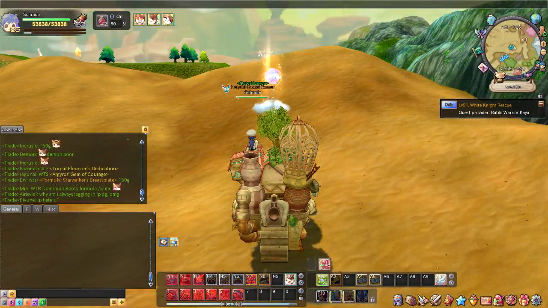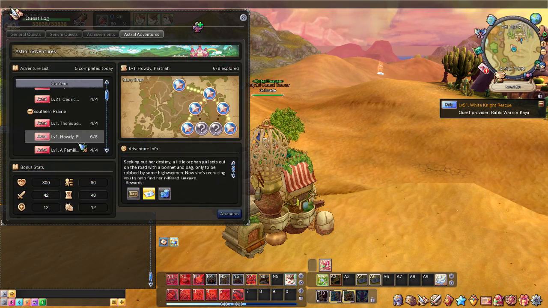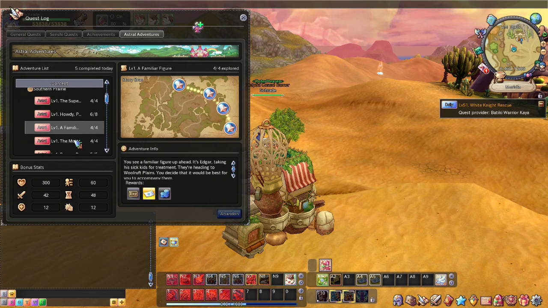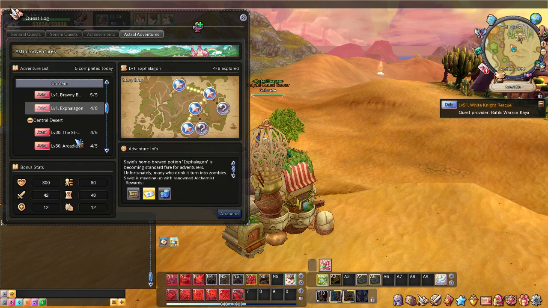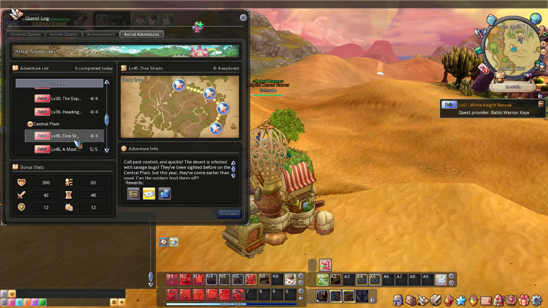Tip number 2. Complete Meridia dailies. More precisely, these cubes you see floating around, because they provide cool titles, but more importantly stats, and free stats are always welcome. Don't know if those get multiplied by the percentages you have or just flat stats, but still